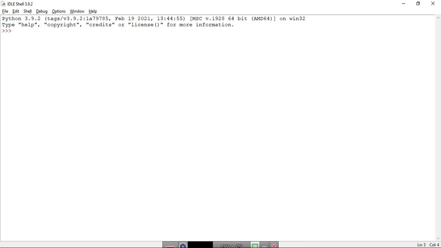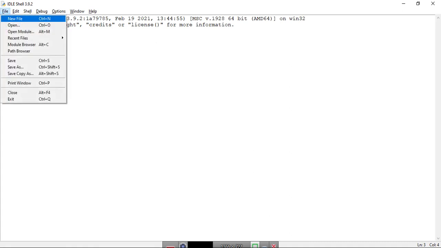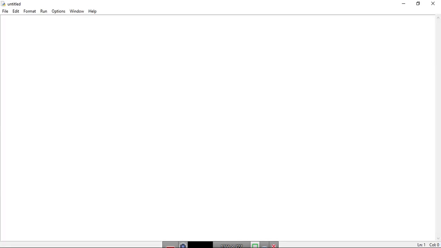For that, let us open a new file. Program to find inverse of a matrix. To get the inverse of a matrix, we need minor, determinant, and adjoint, and then we will define the inverse. The programs for finding the minors and the determinant we have already covered. If you have not checked that, you can check the playlist on Python programming using matrices.